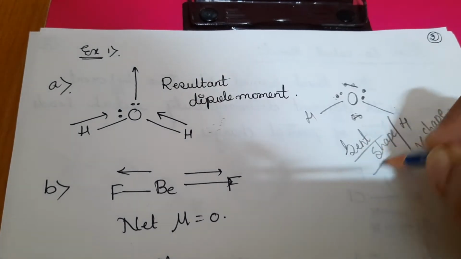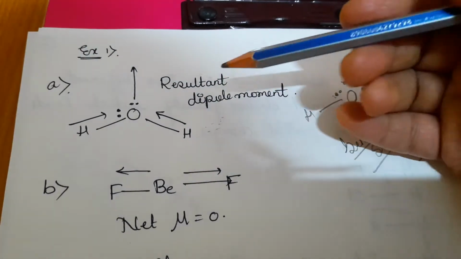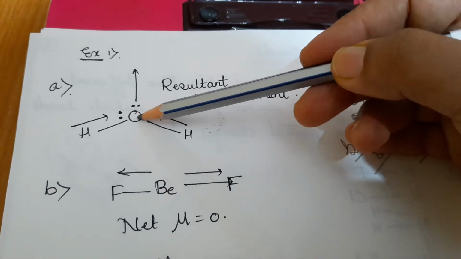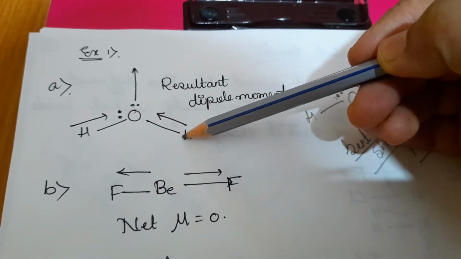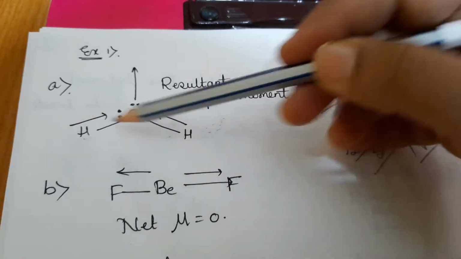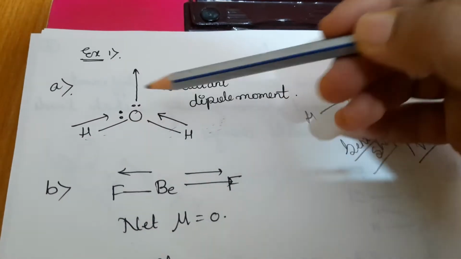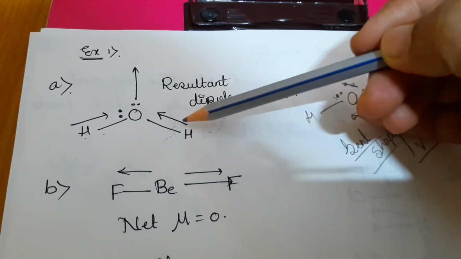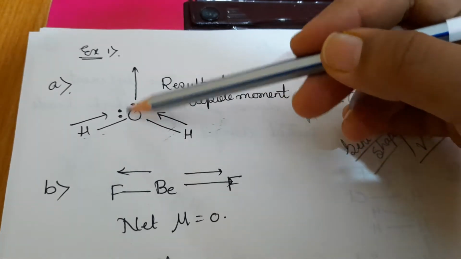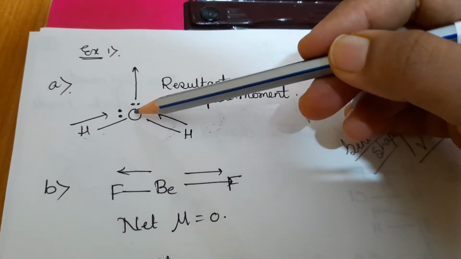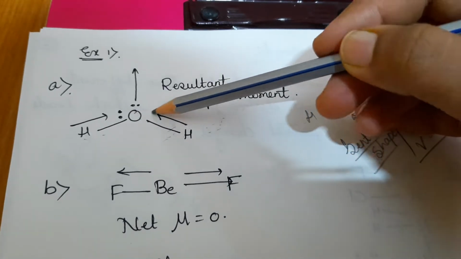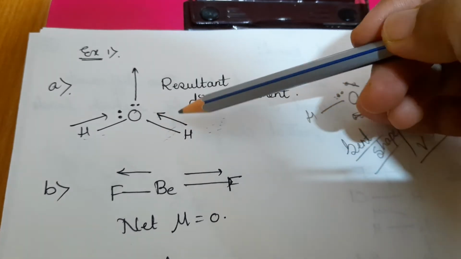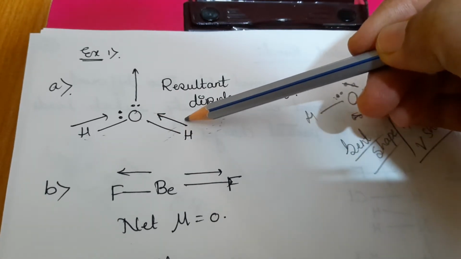Now in terms of dipole moment, this oxygen atom will be pulling the electrons. It is highly electronegative in nature, and the hydrogen atom is electropositive in nature, and the same condition holds for both. This oxygen atom will be pulling electrons of both the hydrogen atoms towards itself, and the negative end of a particular atom or molecule is shown with the arrow, from positive to negative. That is referred to as the representation of dipole moment.